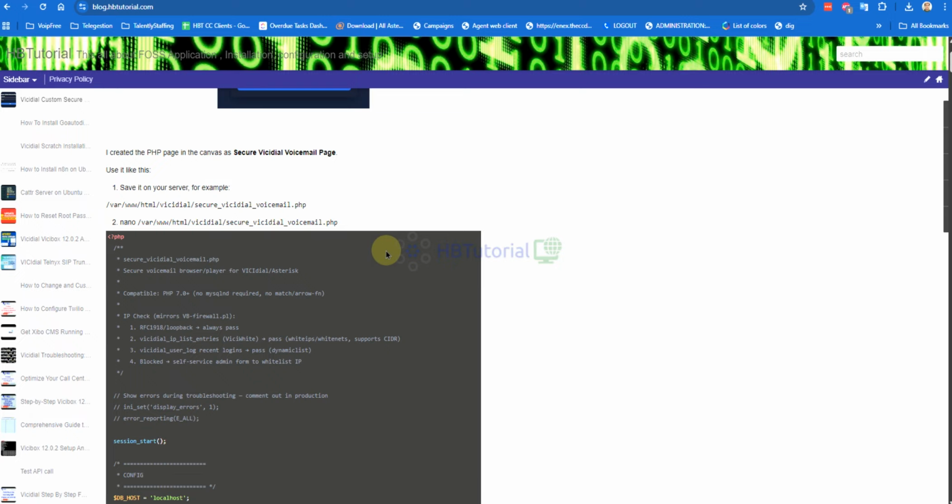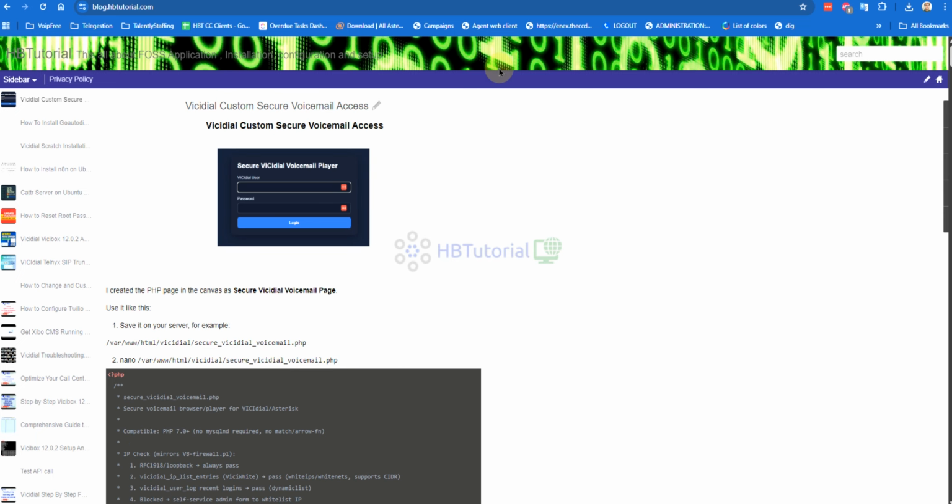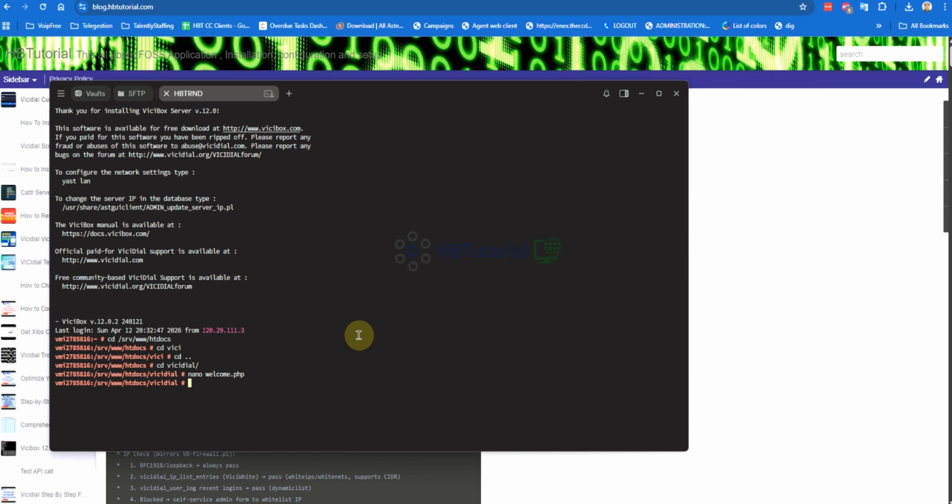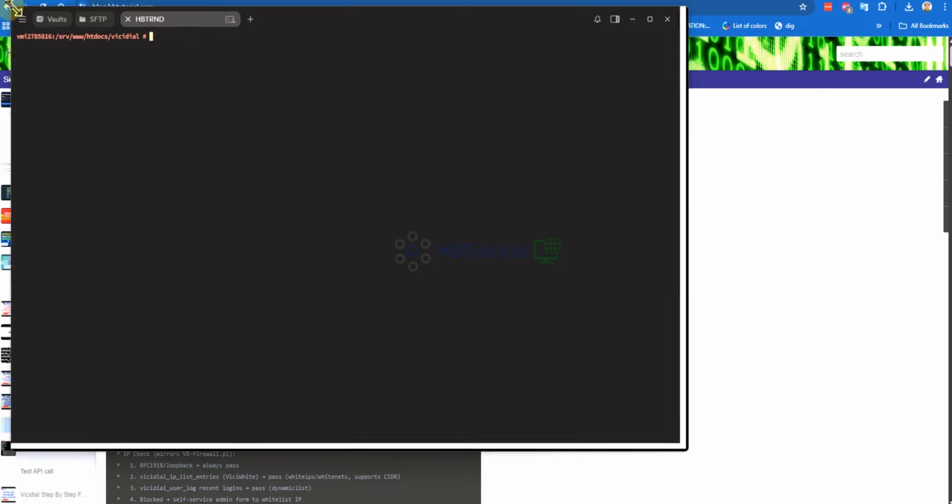What we're going to do is log into your Dial backend. You need to do the SSH access first.